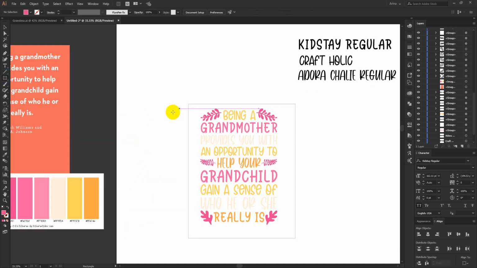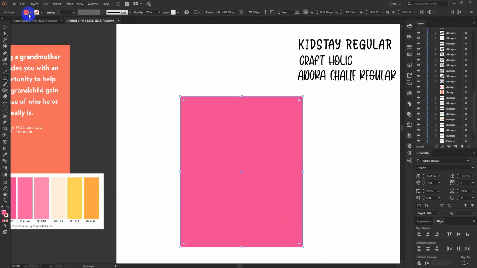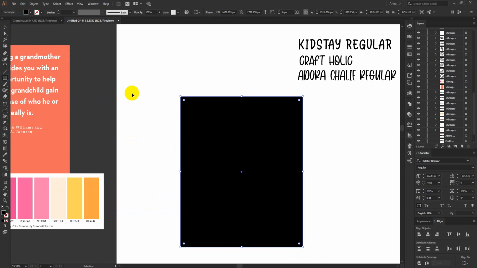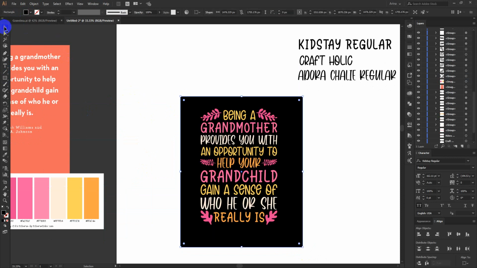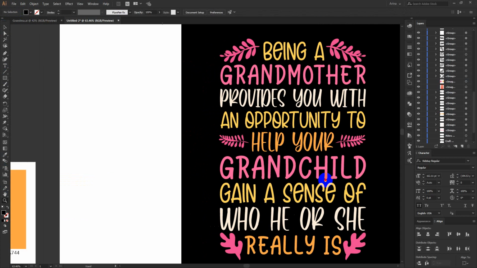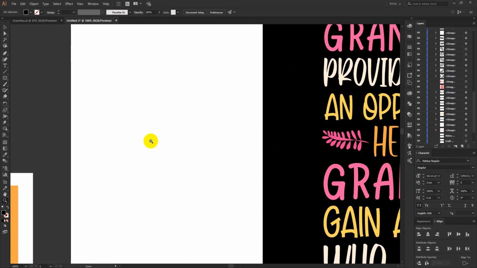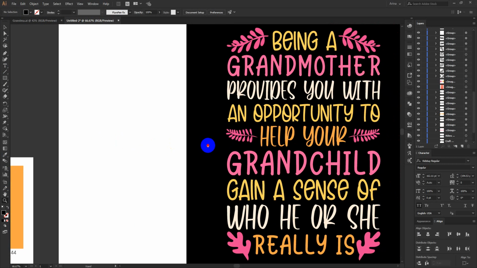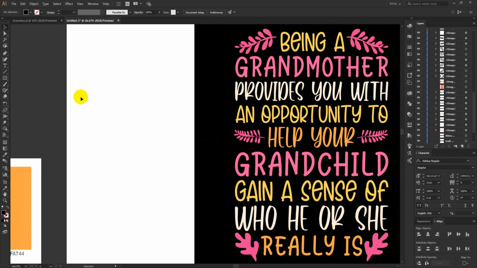Now let's put a background here to understand how it is looking. Okay, so this is my final design. The main point of this design is that it is not a very complex design. These are just text, only text designs and only font selection here. And if this color is good for the audience I am going to target, then these designs are really good.